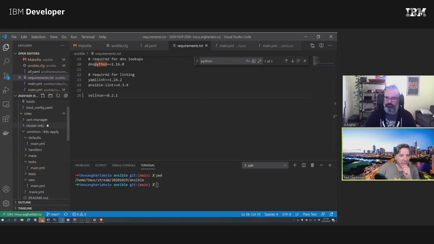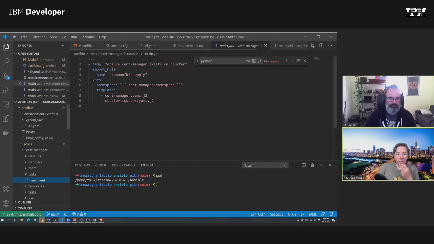And so if we look at our Cert Manager tasks, you can see we're just doing an import role, and then we're doing these two like that.